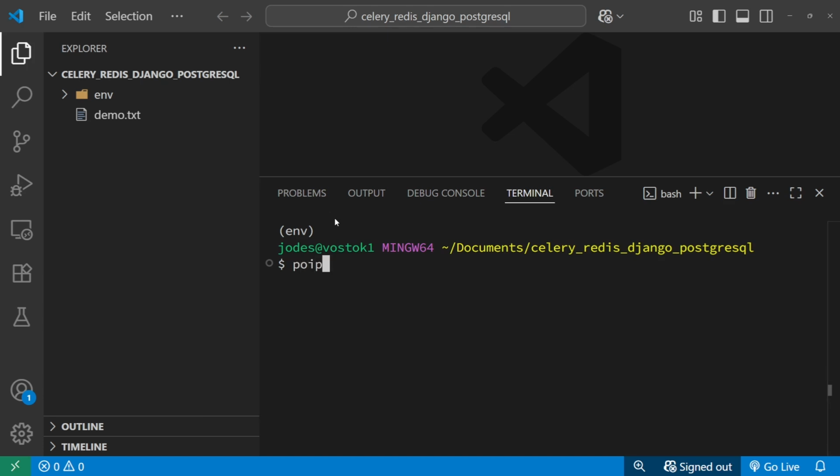So we're going to be installing Django with pip install Django. And we're also going to install python-dotenv because it's what is going to allow us to read our environment variables. Another thing we're going to be installing is Celery, because we're going to be setting up background workers. So we're going to be setting up Celery, but we want to use Redis as our broker. So I'm going to add the Redis